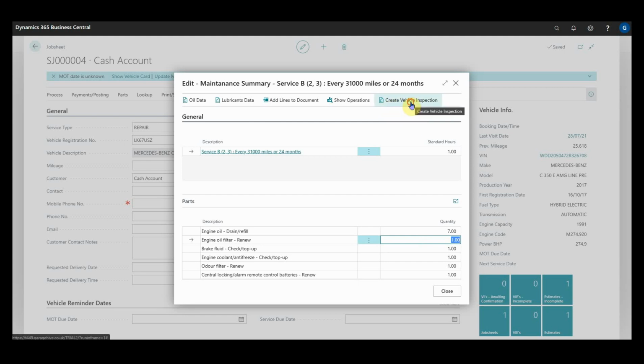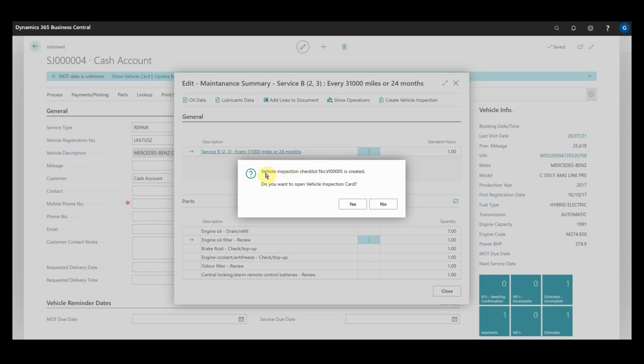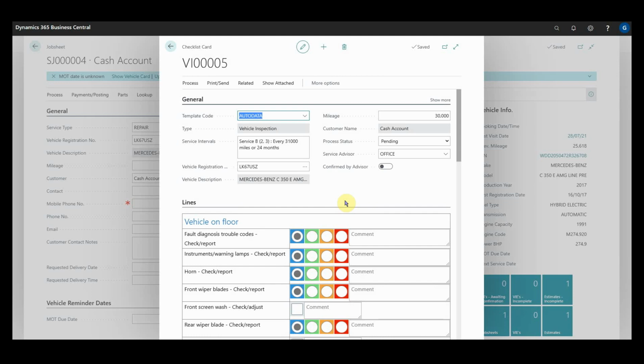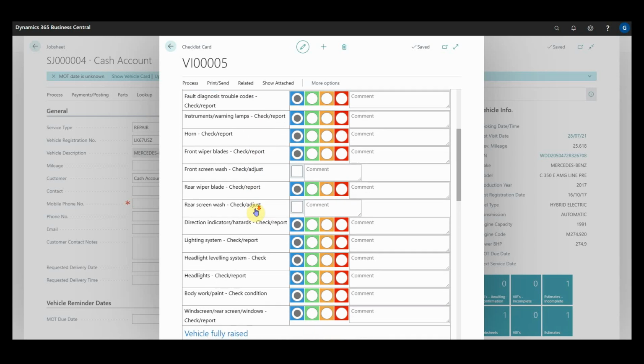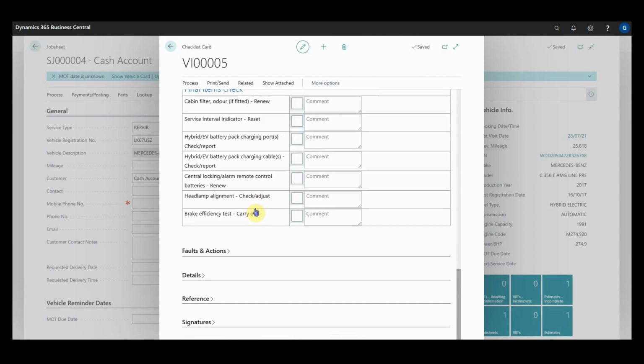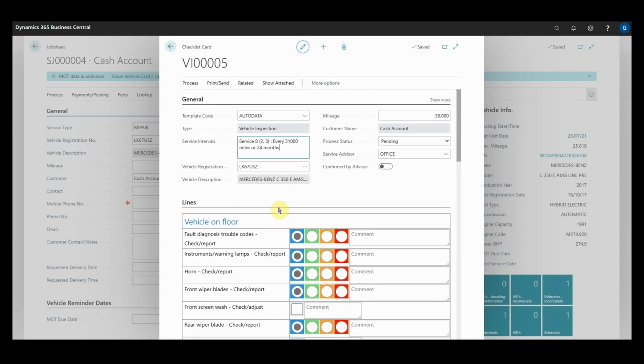So if I was to click on that now, we get a message pop-up. So a vehicle inspection checklist number 5 has been created. Would we like to open it? Obviously I could click no. In this example I'll click yes so that I can show you. So what we've got here now is an Autodata type of vehicle inspection that's been created for the service interval of a B service every 31,000 miles or 24 months with the reg, as you'd expect to see. And then the lines here have been dynamically filled out based on the Autodata operations. And if I print this to show you what it will look like,